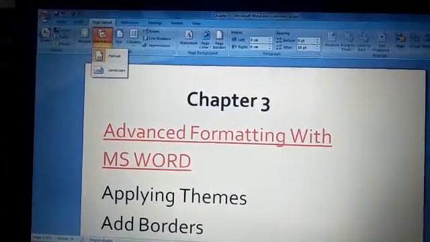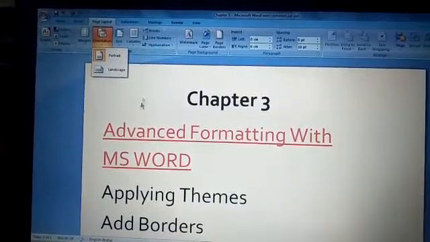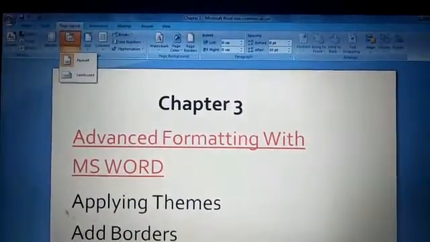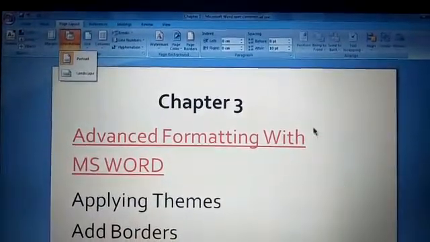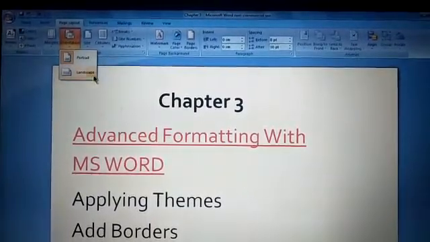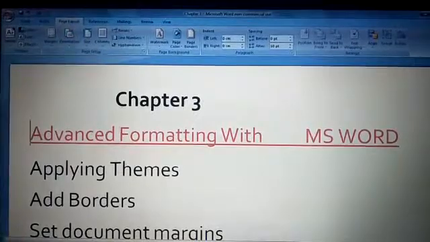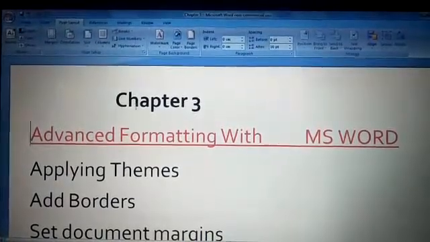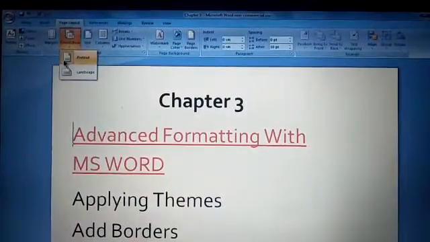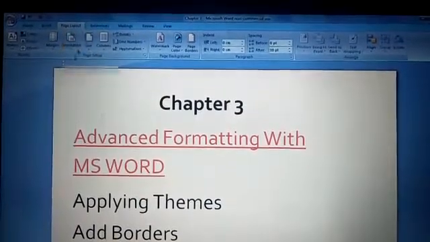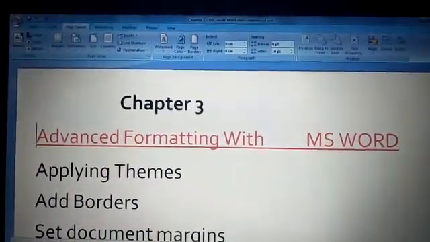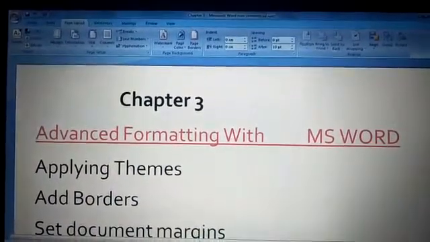Either it is portrait, means it will be longer than wider, नीचे को लंबा होगा, चौड़ा नहीं होगा. And next one is landscape. You can see it is wider than longer. This is known as the orientation of the page. We normally go with the portrait, but sometimes we have to select the landscape for better viewing of the document.